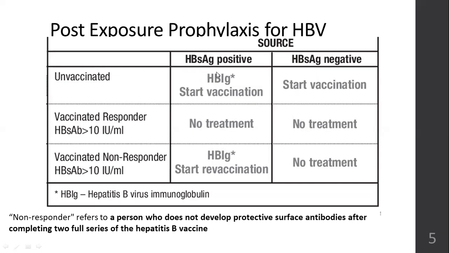So immediately give the hepatitis B immunoglobulin injection. This is an immunoglobulin, you are not giving the hepatitis B virus here as a vaccination. You are giving antibody. Now the antigen is there in the body, you give an antibody injection so that these antibodies will go and attack the antigen. So if the result is positive, give it immediately, and even if the result is negative, to be on the safer side, start the hepatitis B virus vaccination.